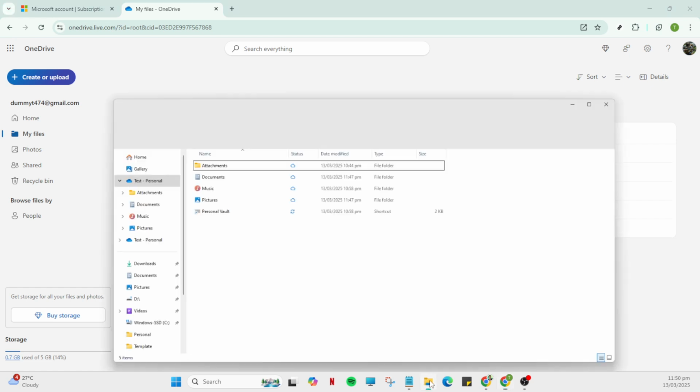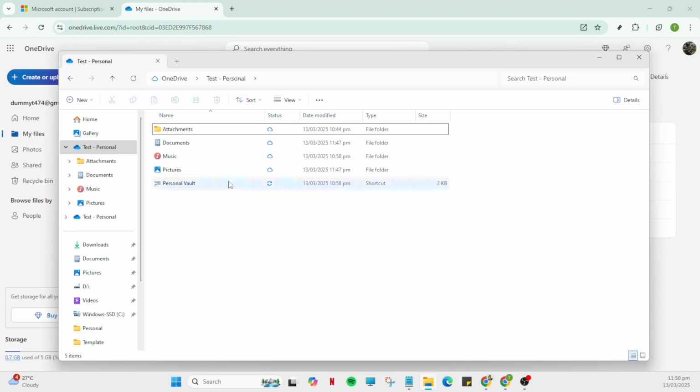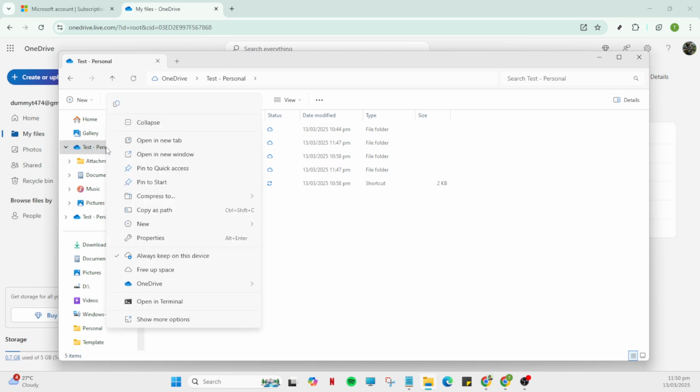First off, open File Explorer. Depending on your system, you can do this by clicking on the folder icon usually pinned to your taskbar, or you can use the search bar next to the Start menu button. Simply type in File Explorer and select it from the list that appears. If you haven't used OneDrive much before, this first step ensures you can navigate to where you need to be